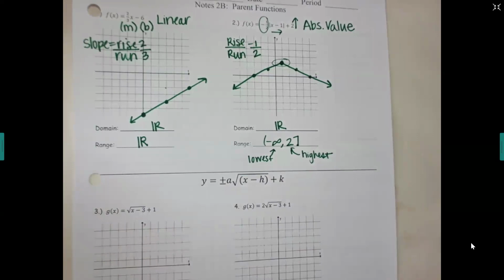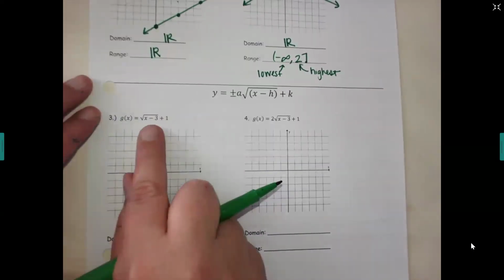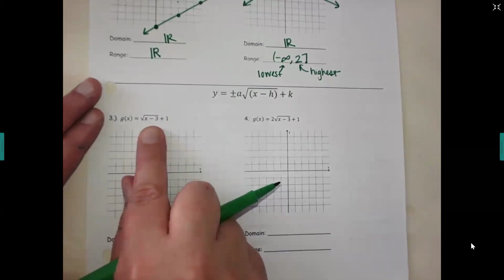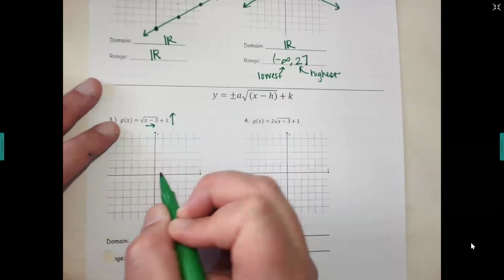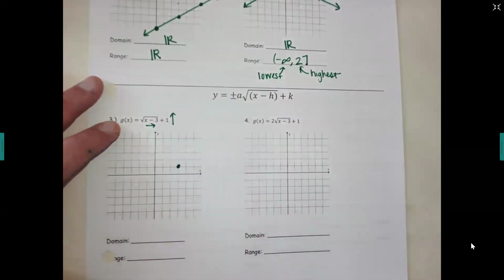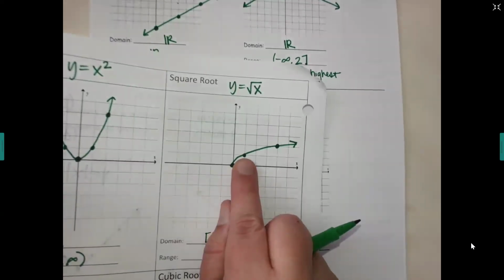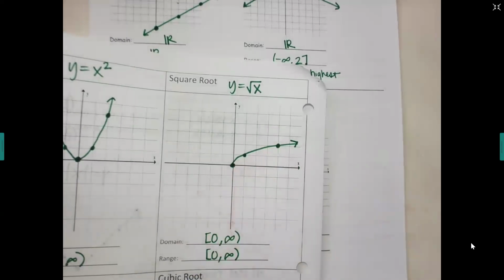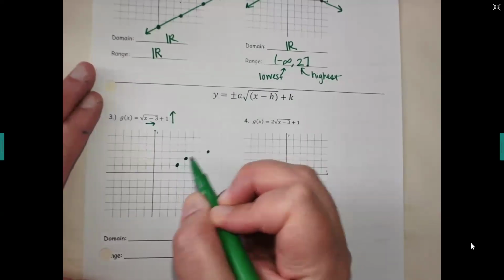All right, go ahead and take a look at the next one. What family does number 3 fall in? Square root. What does the -3 with the x do to the graph? To the right. What about the +1? Up. So go to the right 3, up 1. And then remember, the reason you have this sheet is you can copy the shape. So if you look at your hook, it should be up over 1, up over 3. You just copy it off of your sheet.